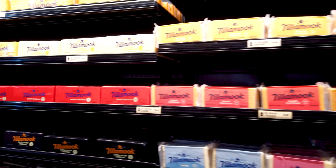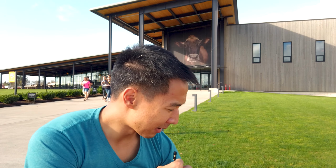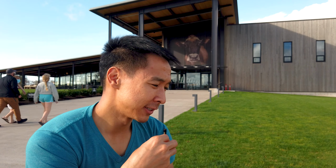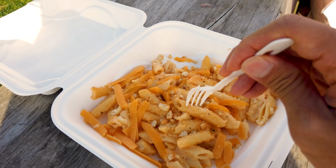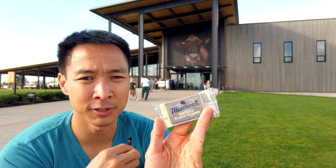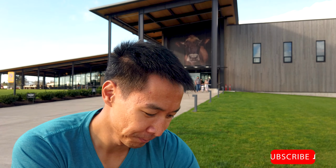So I ended up purchasing this Kyla hard kombucha alcoholic beverage drink, and we also ended up buying another flavor of lavender lemonade kombucha. Ended up ordering a Caesar salad, obviously the grilled cheese sandwich, and mac and cheese. Ended up also purchasing some smoked black pepper samples of cheese, as well as a nice big large packet of sharp white cheddar. So, all right,